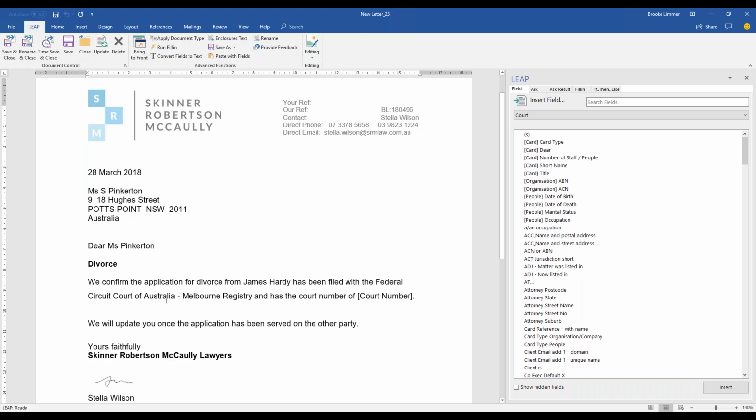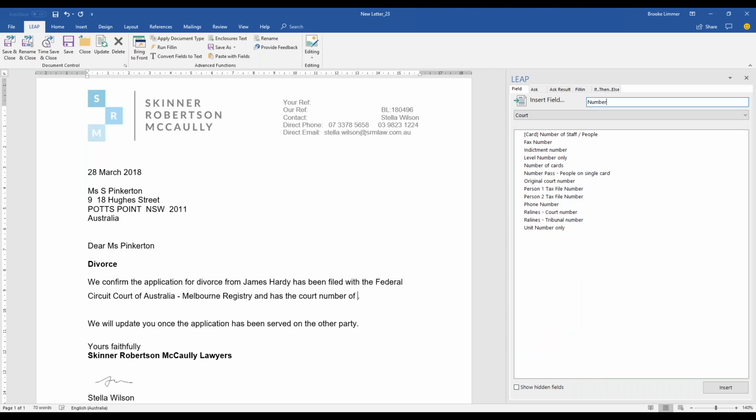Moving to the last piece of information you want to automate in this precedent, which is the court number. This information is also entered in the court table type, so you can stay in this court menu. To narrow the choice of fields, you can use the search function up the top and search for the word number. This will bring back any field with the word number in it. However, it doesn't look like any of these is the right field that we are looking for. So how about if we search for the abbreviation